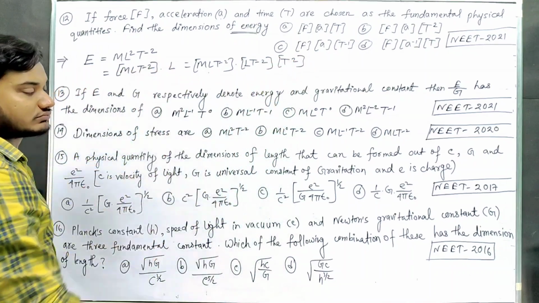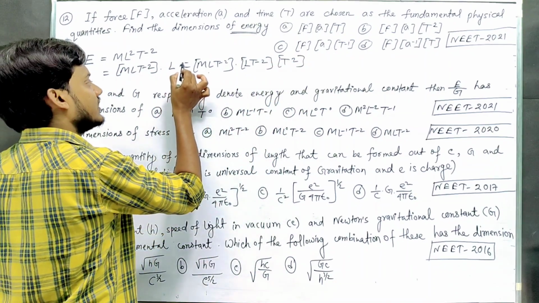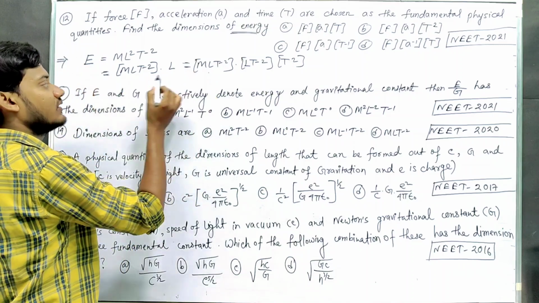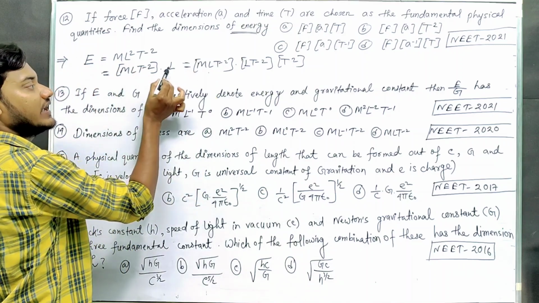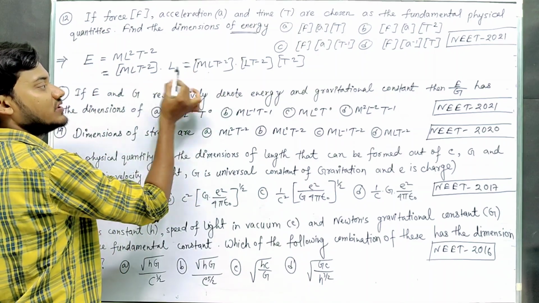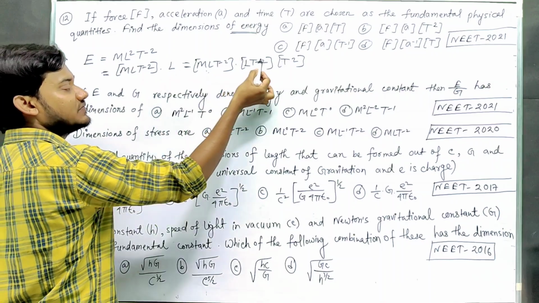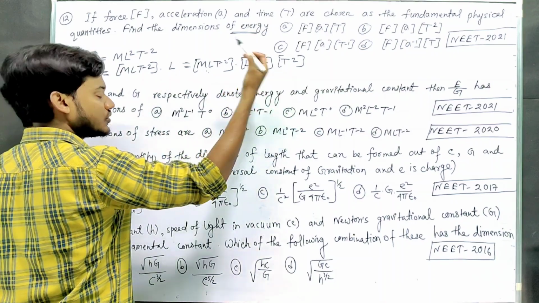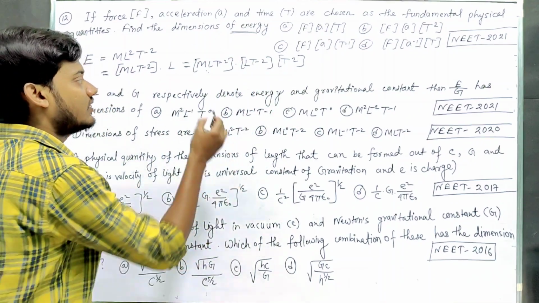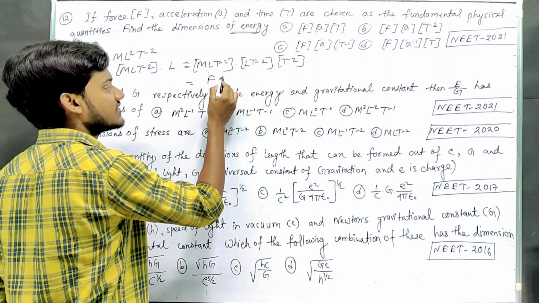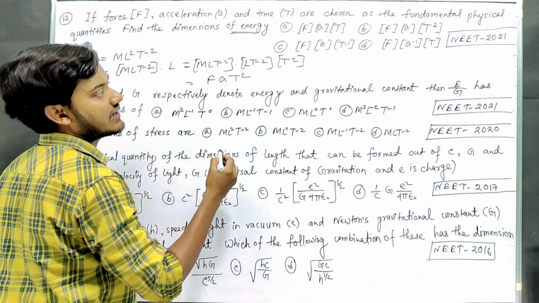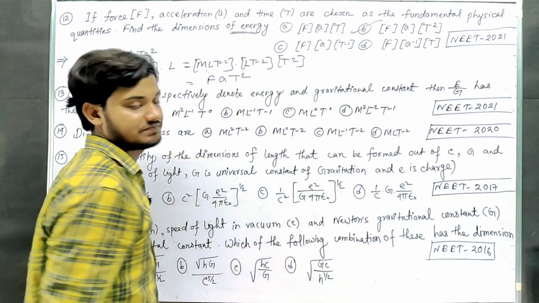Now we can write this equal to this. Okay, MLT inverse 2 into L, MLT inverse 2 is force, acceleration is L T inverse 2, T inverse 2 is extra, so we write T square. Now this is F, this is A, this is time T: F A T square. Okay,